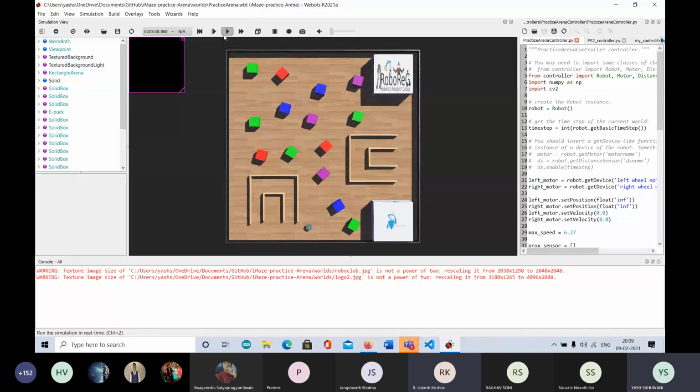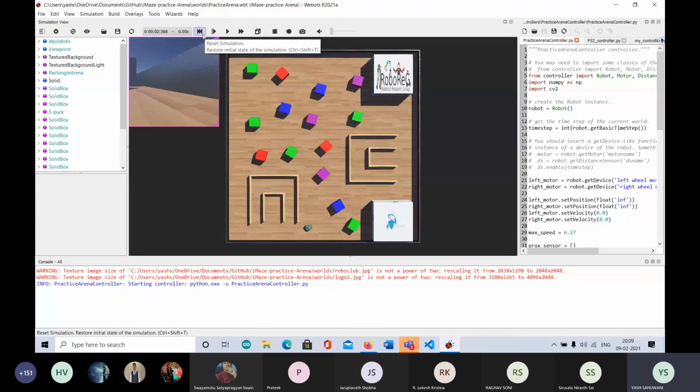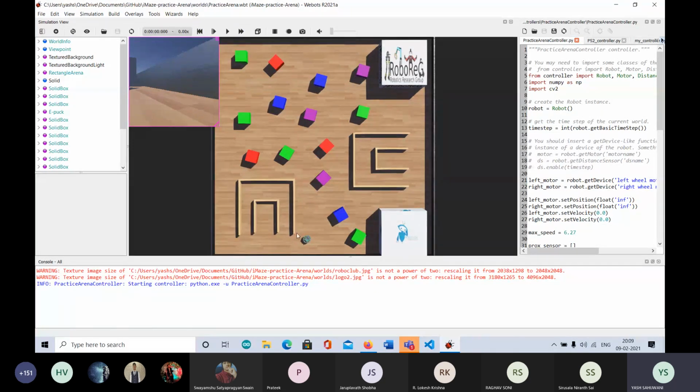Yeah, so as someone asked, how does it restart? Basically, you can reset the simulation. Right now, as you can see, the simulation has been running for around 1 minute and 1 second. In that time, for pausing, you can do this. For fast forward, this button, and for reset, as you asked, this button. So basically, it resets the entire simulation.